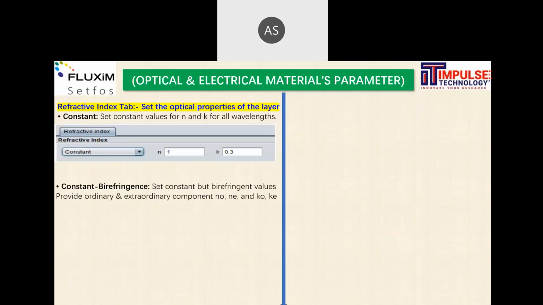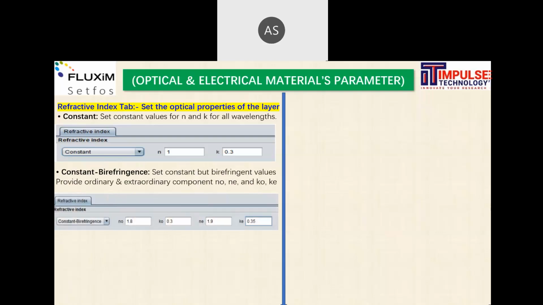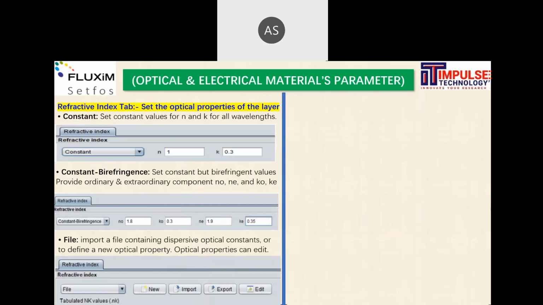But if it is dependent on some other parameter, then you can also define a parameter-dependent refractive index. For LED devices, some birefringence is also required, where you can define the ordinary and extraordinary components, like N naught, Ne and Ke values. And if it is a dispersive material, with optical dispersive constants, you can set the new refractive index optical property.